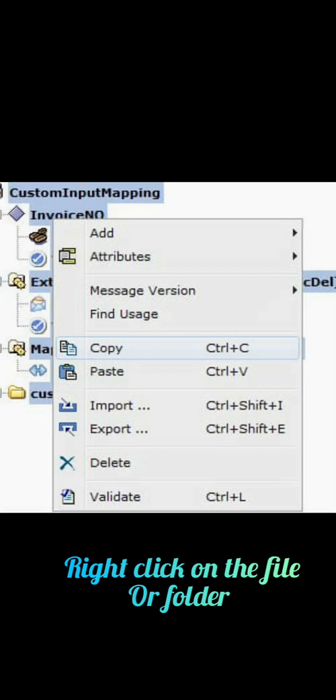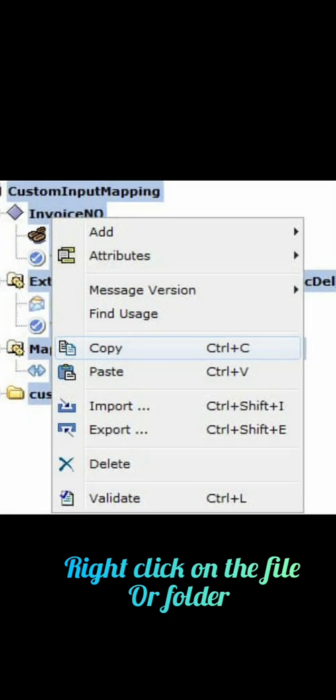You can also create more than one copy of your file or folder by using the copy and paste commands. The steps to copy a file or folder from one location to another. Step 1. Right click the file or folder you want to copy. Step 2.